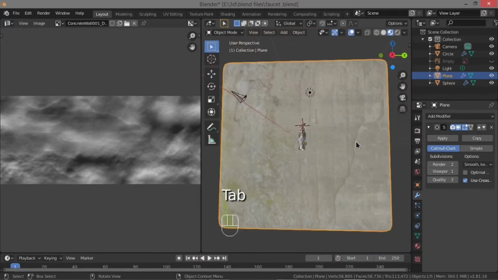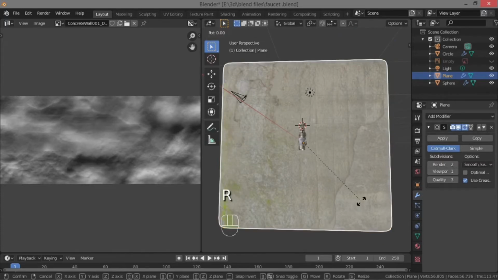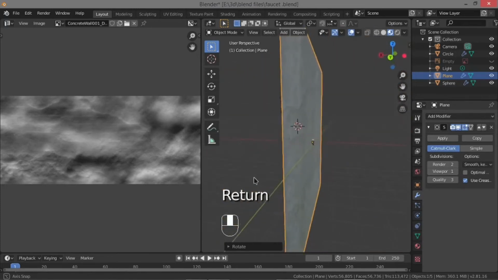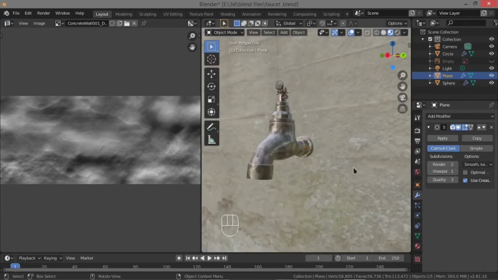and get out of the edit mode, and now you can see this texture has been rotated. I want this to be rotated 90 degrees, so I'm gonna quickly rotate that on the x-axis. So that's good, and then